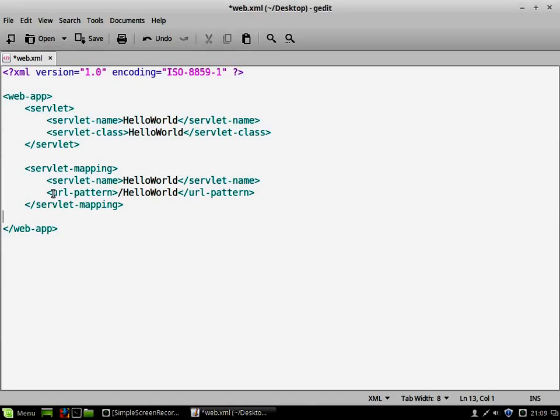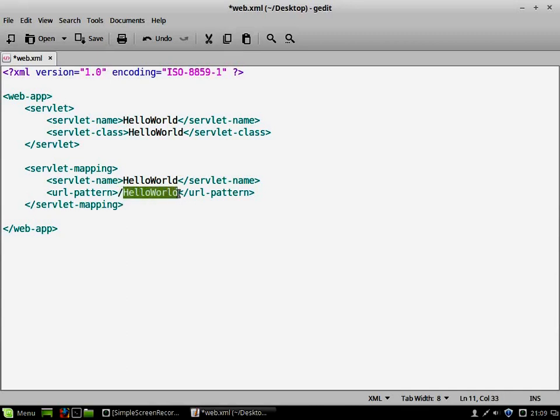In our case, Apache Tomcat is running on our own machine, so we'll be using localhost followed by the port number, followed by the folder we have to create in which we keep our web.xml file and class file, followed by this one. You can see that I am not using all those things in the URL pattern, because that entire path will already be known to Apache Tomcat. That's why in the URL pattern you can directly give whatever you want to see after the slash.